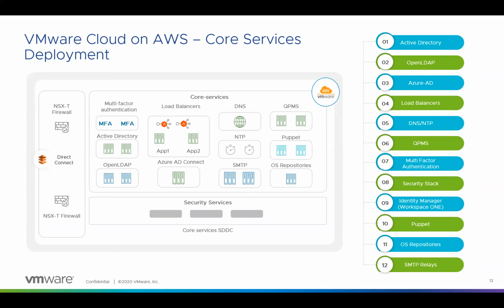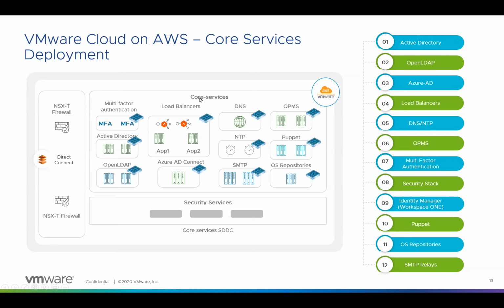Now, these core services are very critical, and our security team wanted to ensure that we provide enough security and visibility to ensure that these services are protected. So we did two things. First, we deployed a security stack inside the SDDC, which allowed us to monitor these core services.